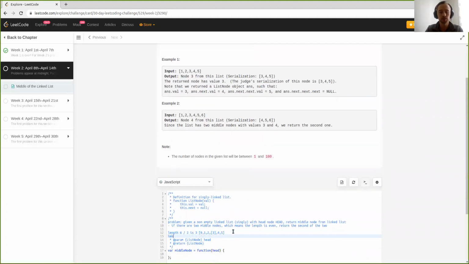And if we had length 5, which is odd, we would do divided by 2 is